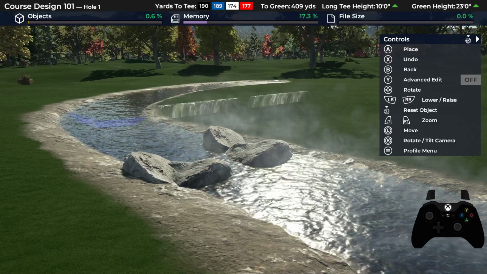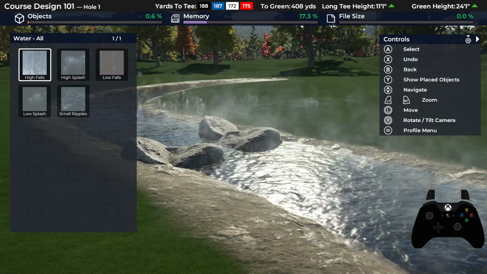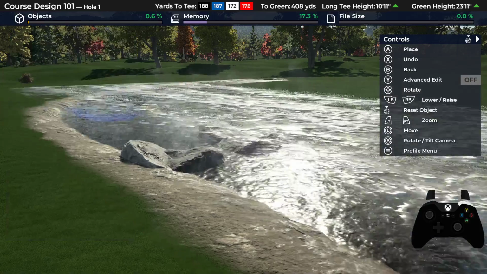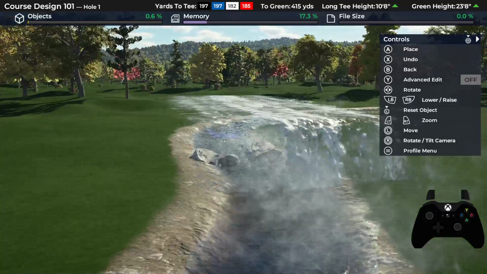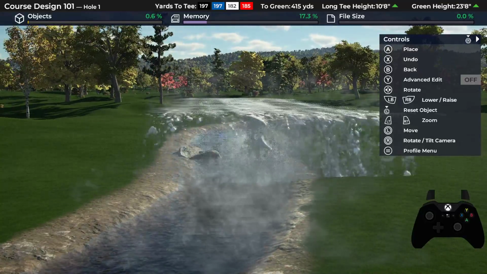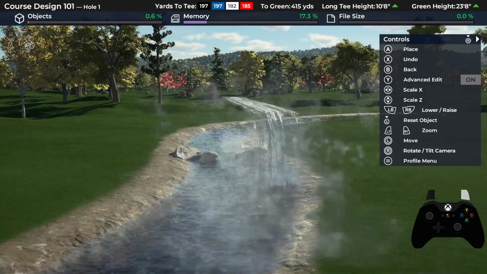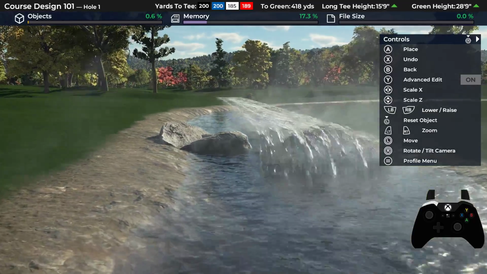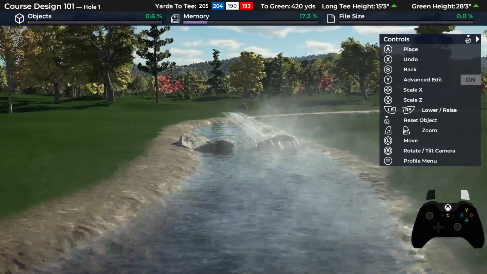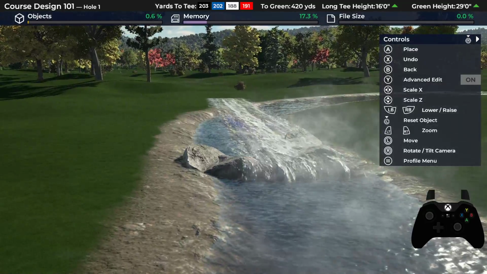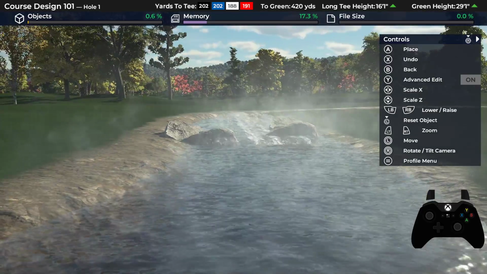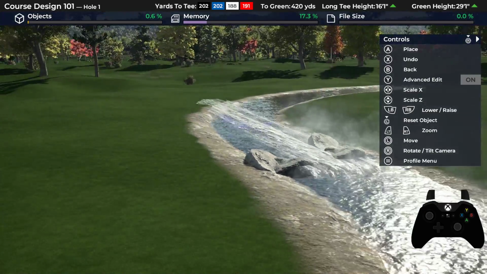Even for small drop-offs, I actually use the high falls like this. If I were to create a small little drop-off, I would just advanced edit it and make it really small and lower it down. And then you can make a little falls there. But again, this is not a place to put falls because it's a flat area. But anyway,